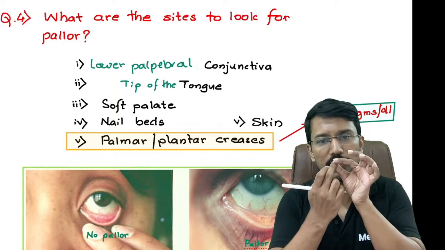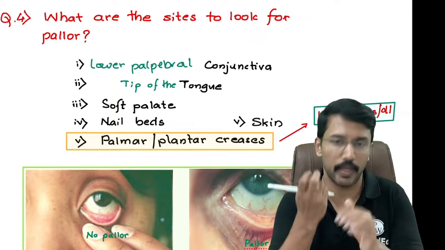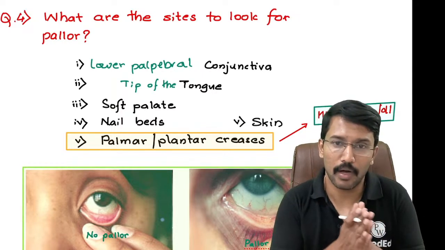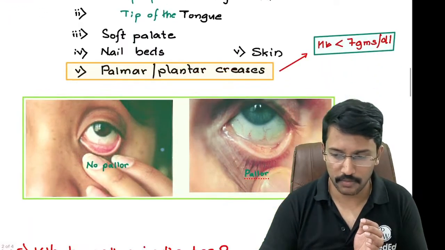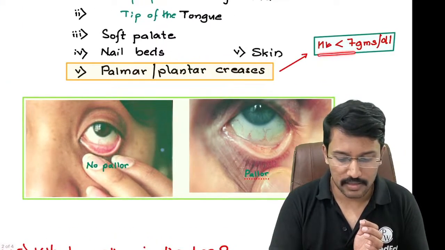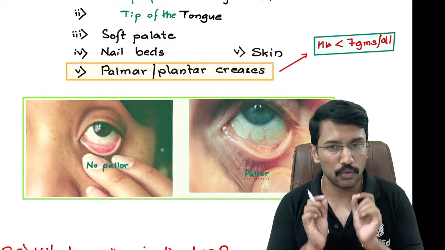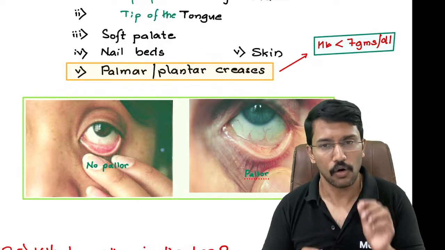Generally, when you look at the nail beds, because of the presence of capillaries, they look pink. If they have become pale, you know that there is pallor. We can also look at the skin and palmar or plantar creases. And I've also told you that when the palmar or plantar creases are pale, that means hemoglobin is less than 7 grams per deciliter. Most important point that we have learned today is, how do you confidently say